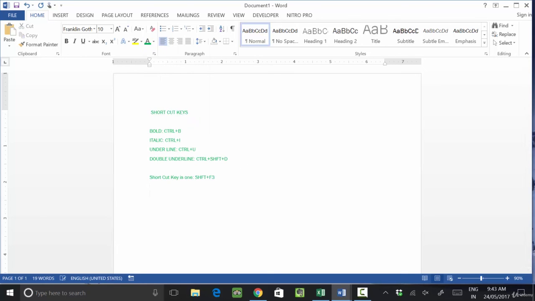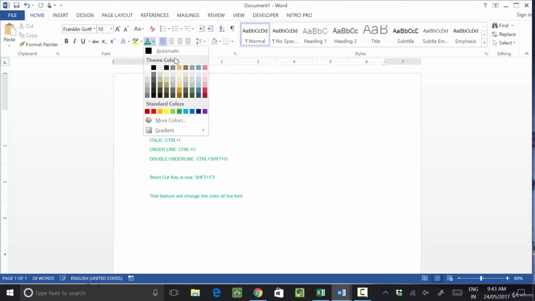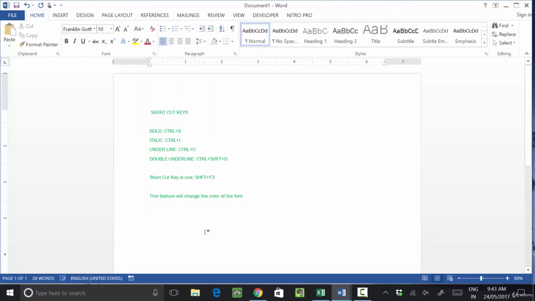So if I am writing right now, this feature will change the color of the font. Clear? So this is our font color. You can choose this option to change the color, select any color, and it will change the color of your text.